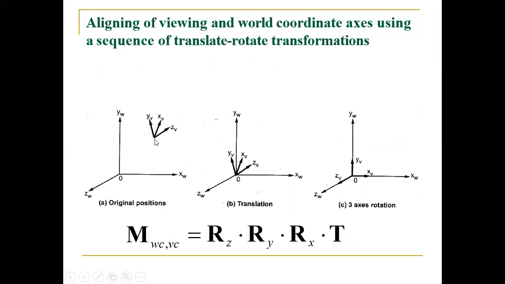What we do is, I will consider one reference point. First I will perform the translation, such that this particular point coincides with the origin. So the first step is translation. Once I perform translation, I have to do rotation. I have to perform x-axis rotation, y-axis rotation, and rotation along the z-axis, so that my world coordinates will be transformed into view coordinates. So like this we have to do.